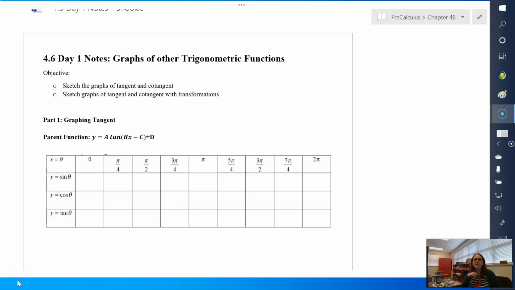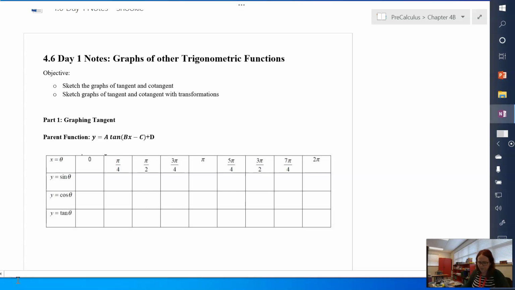Hello everybody, this is Mrs. Snook with section 4.6 day 1. And what we're going to do today is graph other trigonometric functions. Today we're going to focus on the tangent and the cotangent. So our objective is to sketch graphs of tangent and cotangent and to also sketch those same graphs but with